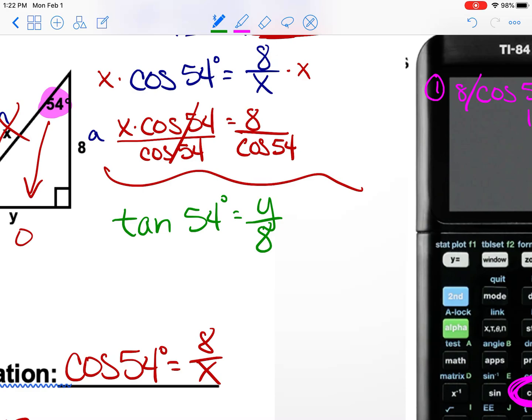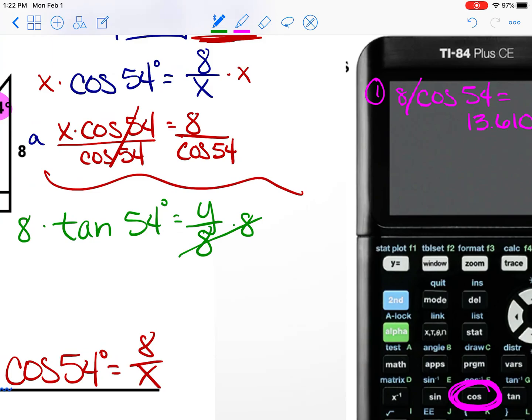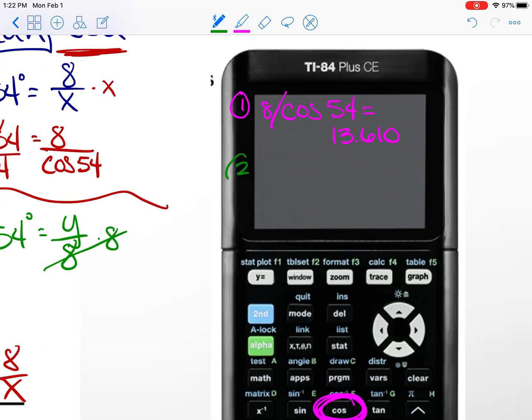Now this is a nice easy one like we were doing earlier because we can just multiply both sides by 8. Notice where the 8 is, it's in the denominator this time. So we can just type in 8 times the tangent of 54, so let's make a note of that here. 8 times the tangent of 54, and we would get